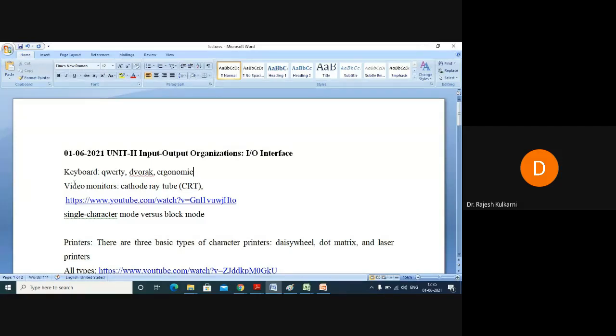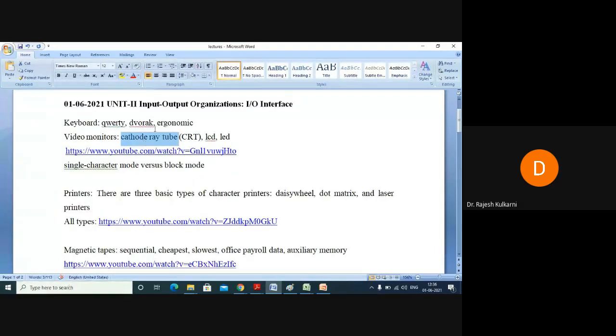Next is your screen, next is your monitor, is it not? There are various types of monitors. You have CRT, then you have LCD, then you have LED. You compare that with the TV screen or the monitor of a laptop or the monitor of a desktop. So you have various kinds of technologies. Say for example, cathode ray tube, how it functions. There will be an electron gun, which will be emitting some light. All that will be part of your cathode ray functioning.